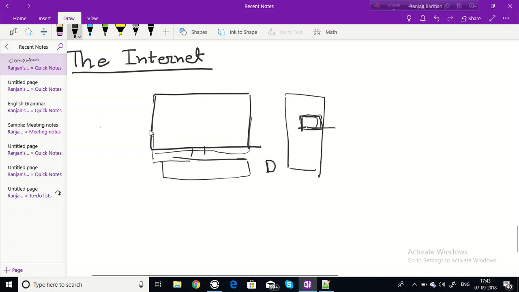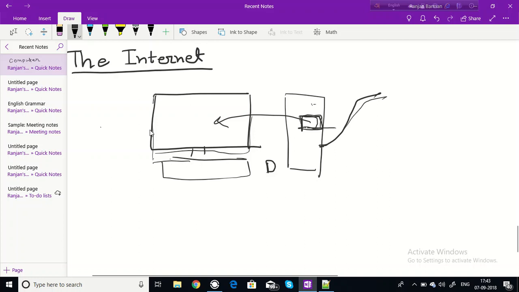You have access to only these files when you turn on a computer. But when your motherboard is connected with a LAN connection or wireless or any wireless device,